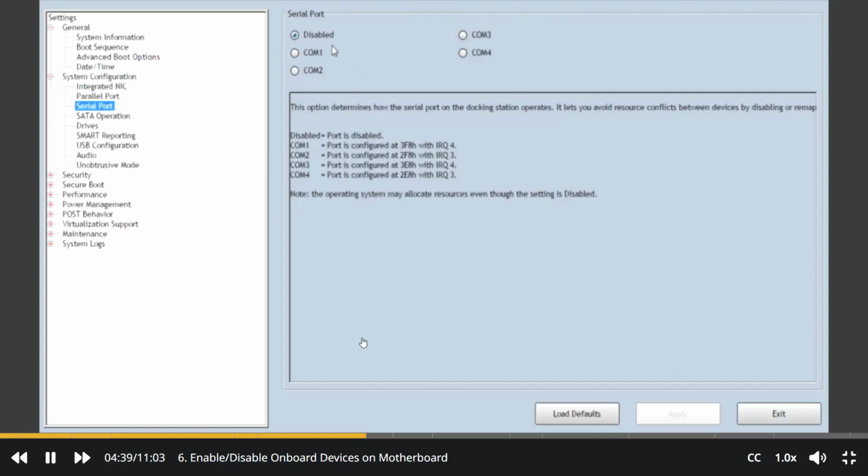Another cool thing is Smart Reporting. SMART stands for Self-Monitoring Analysis and Reporting Technology. It's used to monitor the overall